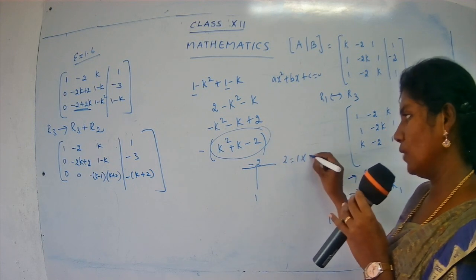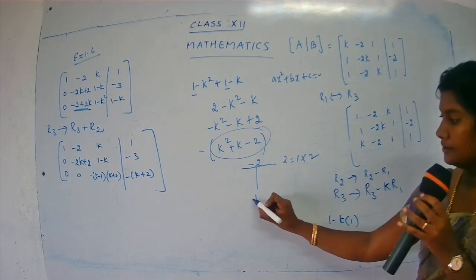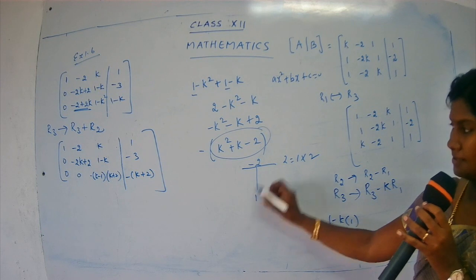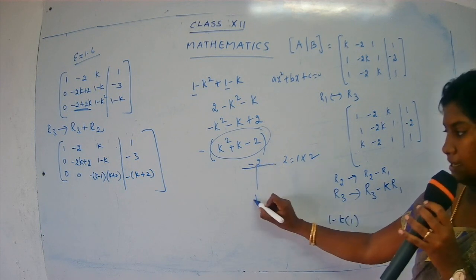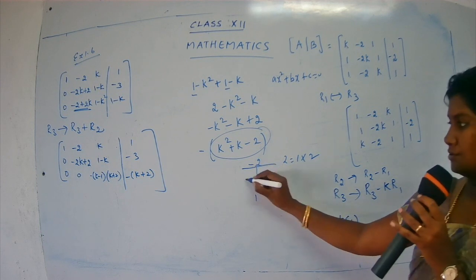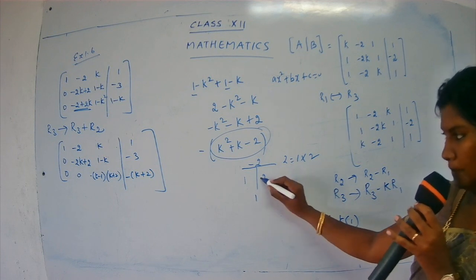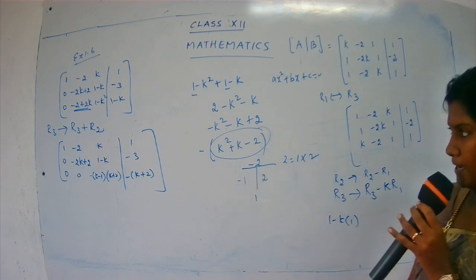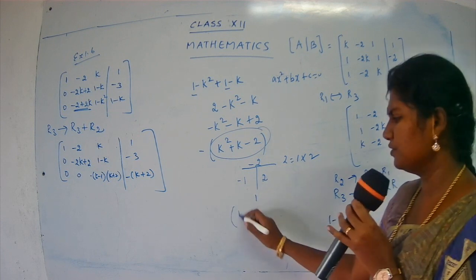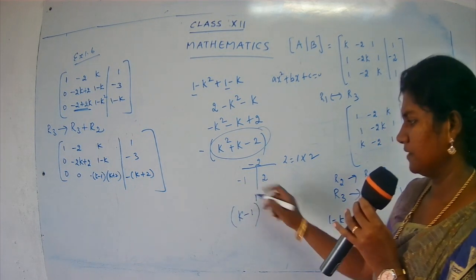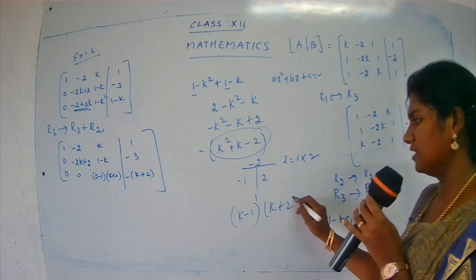Factors of 2, 1 into 2. The number sign is plus here, minus here. You have to take the sign for the bigger number. So I have 1, 2. Here it's plus. Yes, children? So the bigger number should be plus, smaller number will be minus. Simple. You have to just put here k minus 1 and k plus 2. That's all. Work is done.